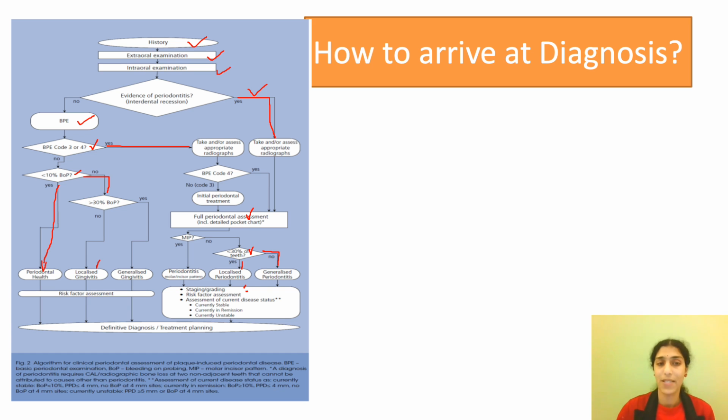I hope this flowchart gives you a complete summary and picture of whatever we have discussed in the two parts. Ultimately the aim is to get to a proper diagnosis, and I have given you a flowchart for how to arrive at it. Let us see how much you have gained about this topic, and later we will have one more tutorial on how to arrive at a diagnosis by applying the new classification, staging and grading, where I can give you some case-based analysis. I hope you all have enjoyed this lecture.